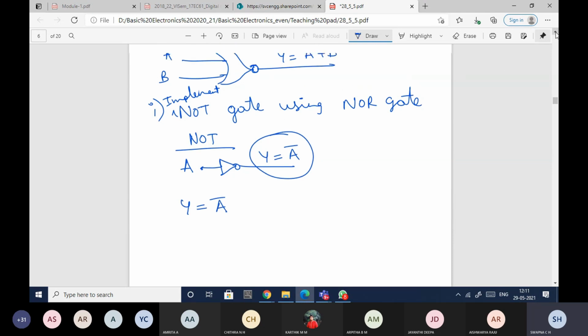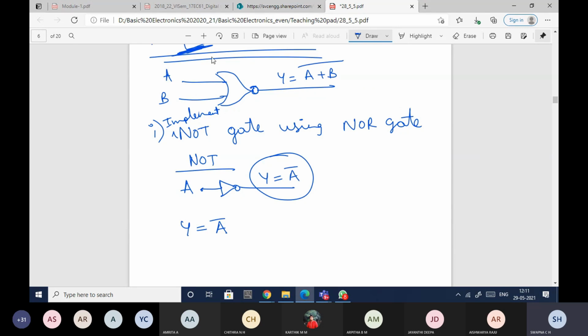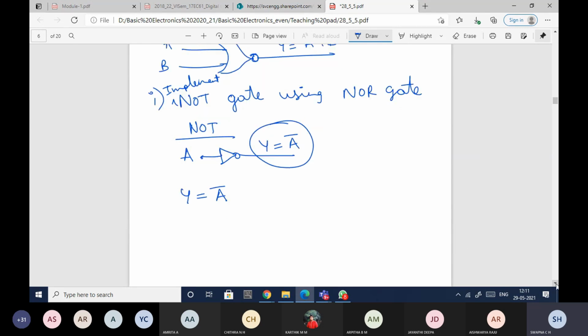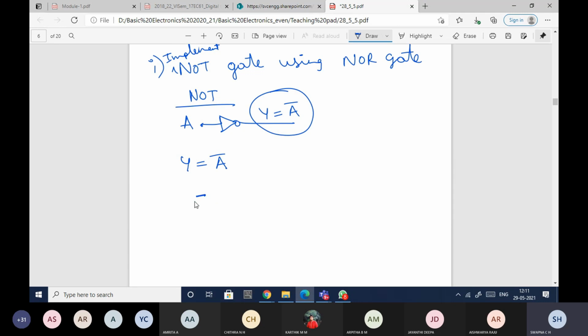Okay, and if you observe, the minimum number of inputs required for the NOR gate is 2. But here I have only 1. So what I'll do, can I write A as A plus A whole bar? In place of A, I have replaced with A plus A. Is it fine? Yes, ma'am. Now check the equation here. It is in the form of like I have only the plus and whole bar is also there, right? So I'll be able to implement using NOR gate.